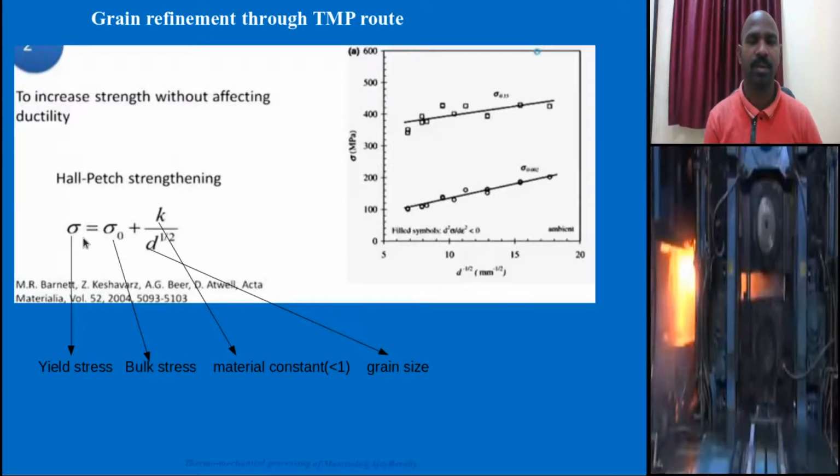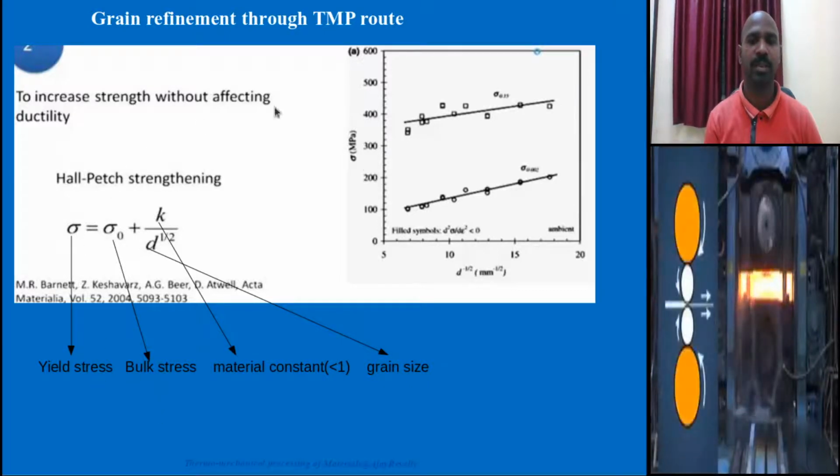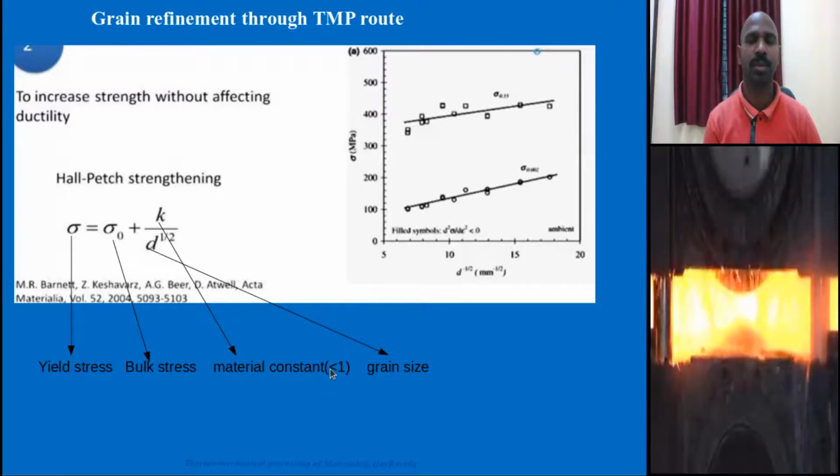In the complete expression, the yield stress is the bulk stress, the overall stress, d is the grain size, and k is a material constant with respect to steel and steel alloys. The material constant is mostly